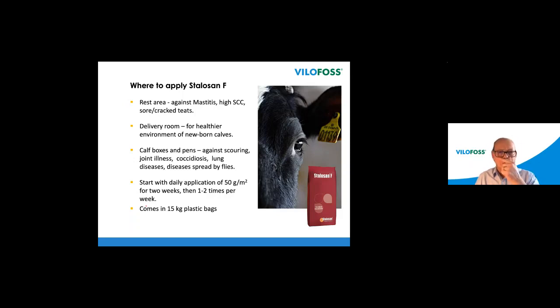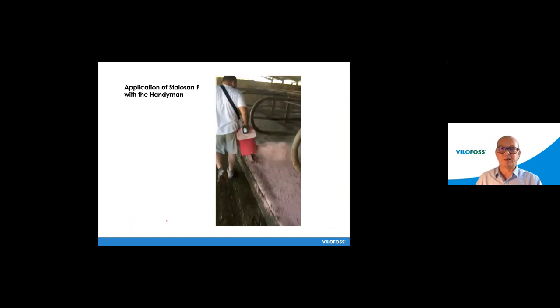And if it is environmentally induced increased somatic cell count, once this starts to go down, the farmer can continue with a more prophylactic treatment with 1-2 applications per week. It comes in 15 kilo plastic bags, if I didn't mention it earlier. How to apply it? Well, you can do it by hand. We most certainly would recommend instead to